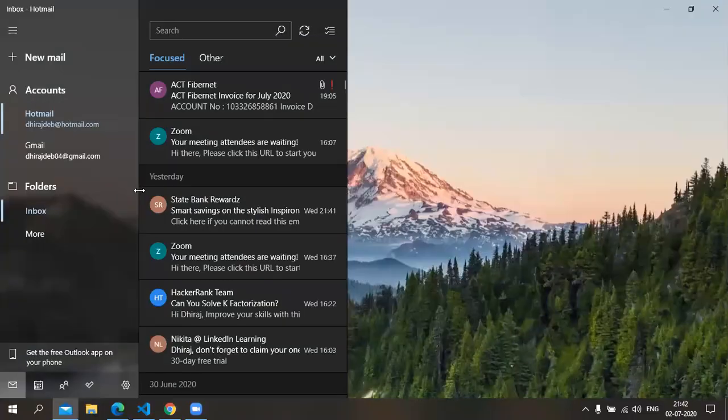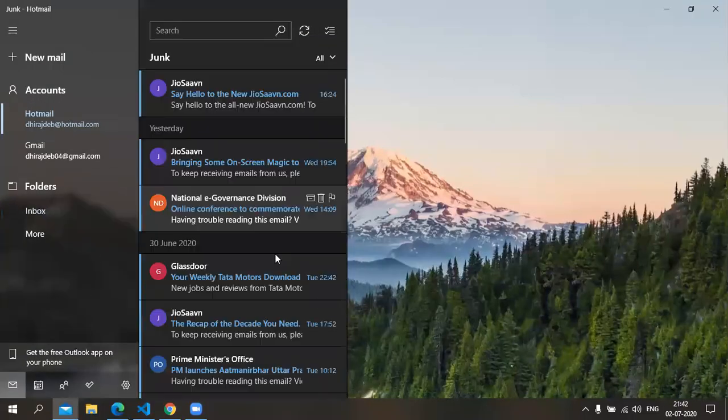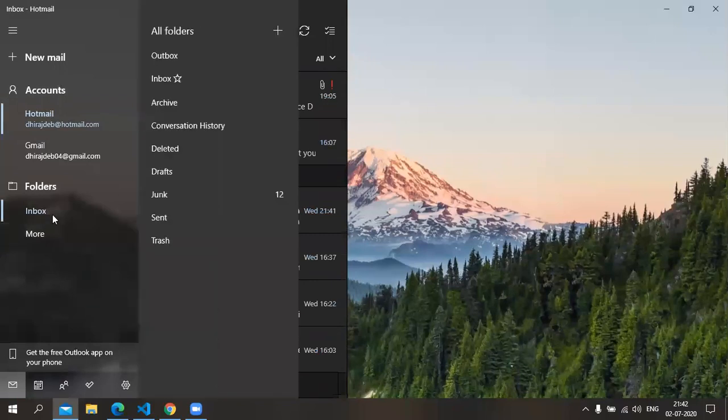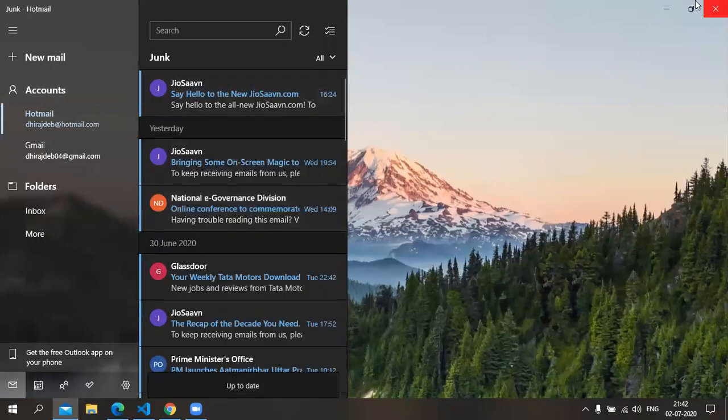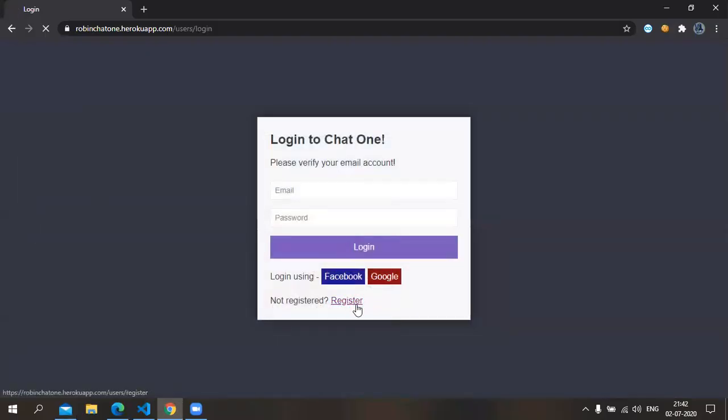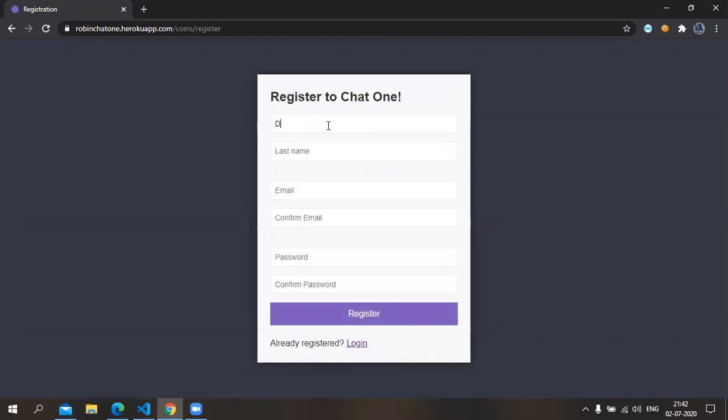So let us verify the account. Okay, there is an issue with Hotmail, I guess. Sometimes it doesn't get the mail. So let us try another email.